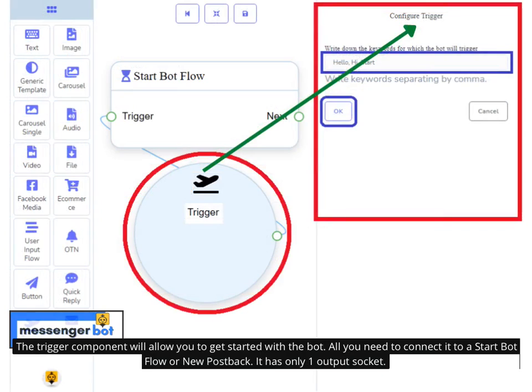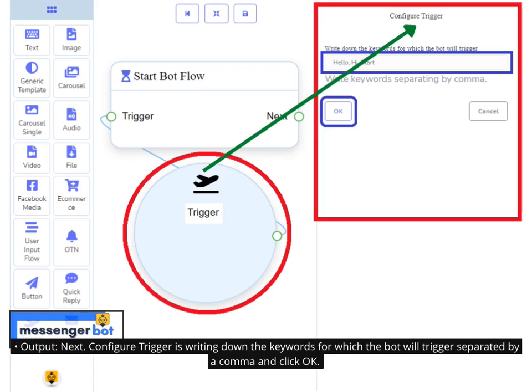The trigger component will allow you to get started with the bot. All you need is to connect it to a start bot flow or new postback. It has only one output socket: output, next. Configure trigger is writing down the keywords for which the bot will trigger, separated by a comma,